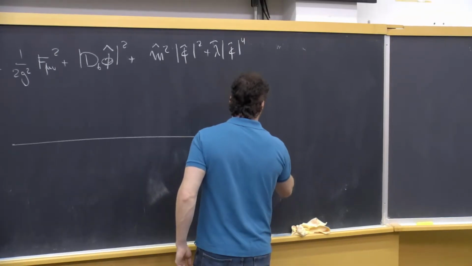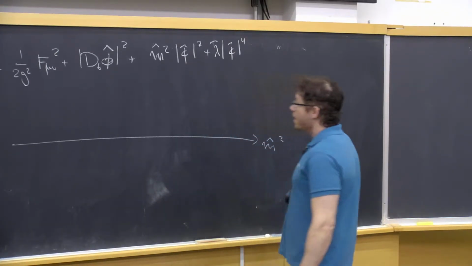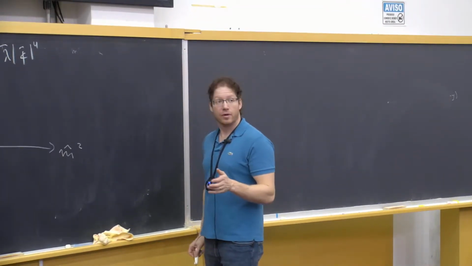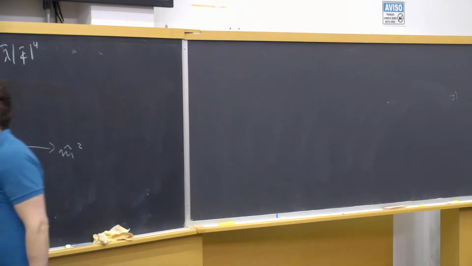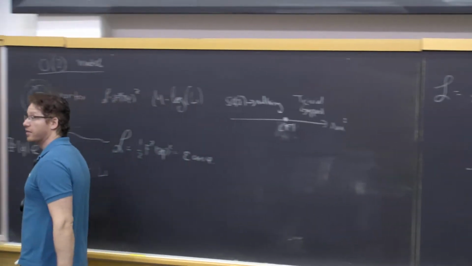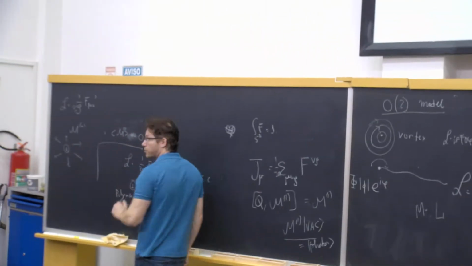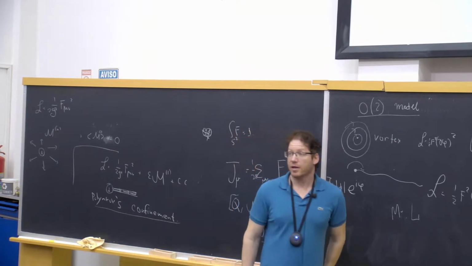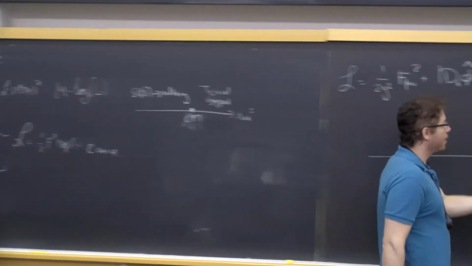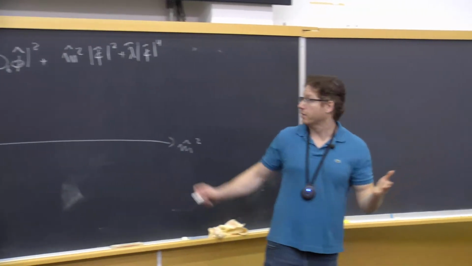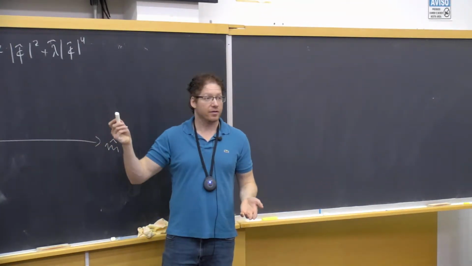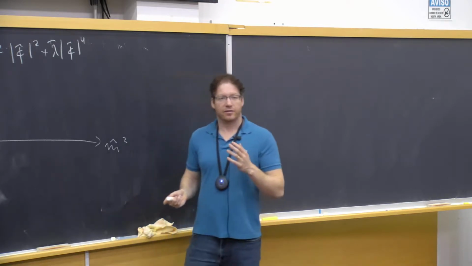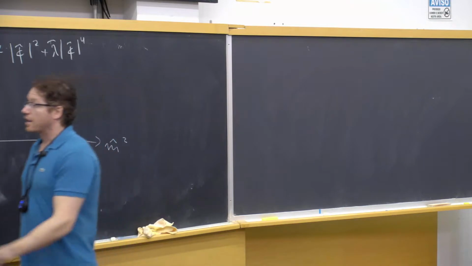So we already know a lot about this model, especially in the limit of large positive m hat squared. Because that's the limit that we discussed here when there is a Coulomb field which is unhiggsed. So we already know a lot about the large m hat squared limit, and we can also address Nathan's question here more precisely. So when we have this charged particle phi hat, which is extremely heavy, it's like going back to first quantization. It's not going to be created from the vacuum. It's non-relativistic, and it acts like a probe particle.